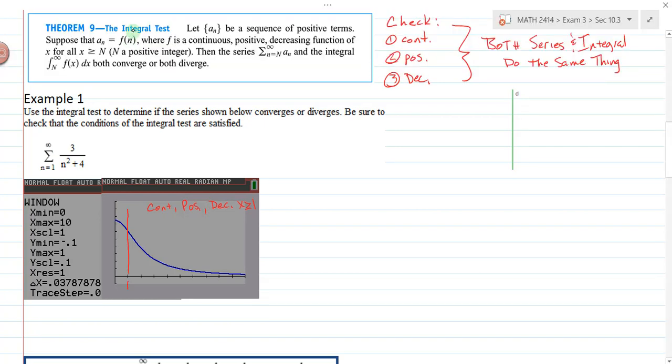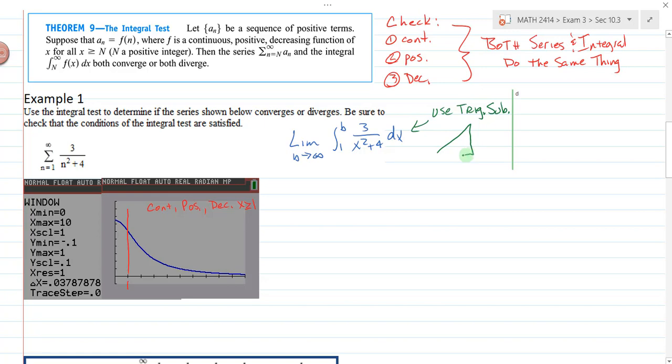So to check the convergence of the series, I'm going to look at the limit as b approaches infinity of the integral from 1 to b of 3 divided by x squared plus 4 dx. Now, how can I integrate this? We just had a test over techniques of integration. What technique could I use in order to evaluate this limit? Use trig sub. We're going to use trig substitution in order to evaluate this limit,